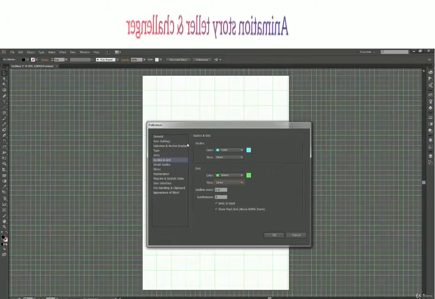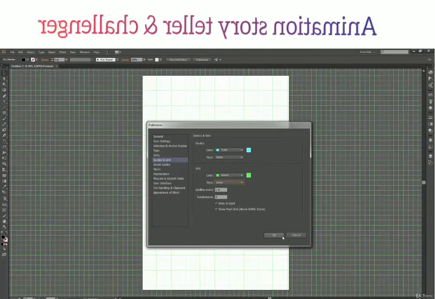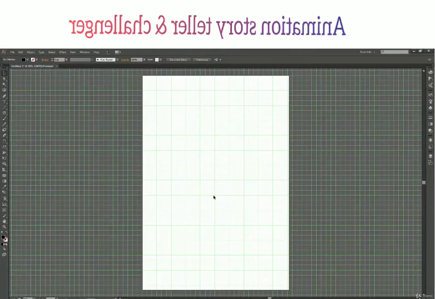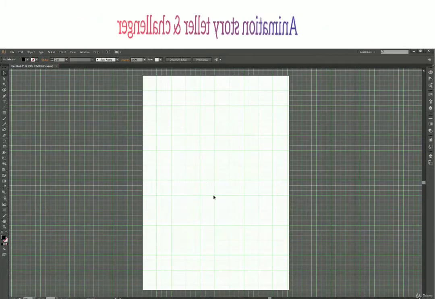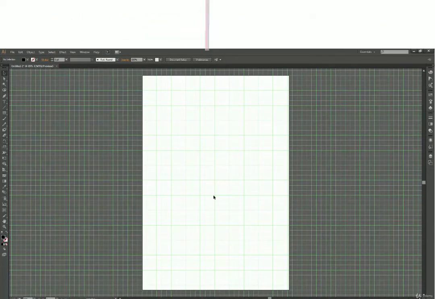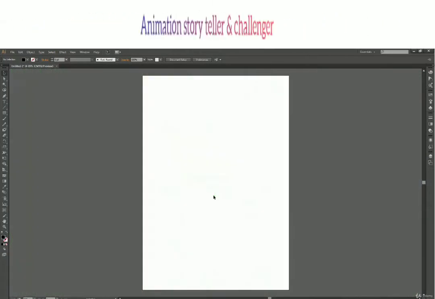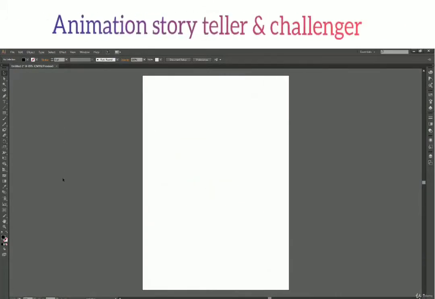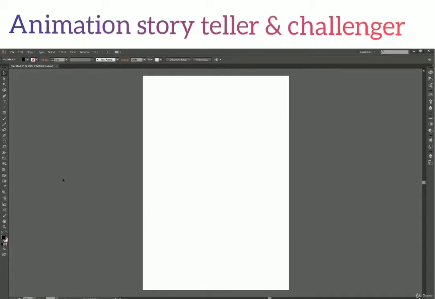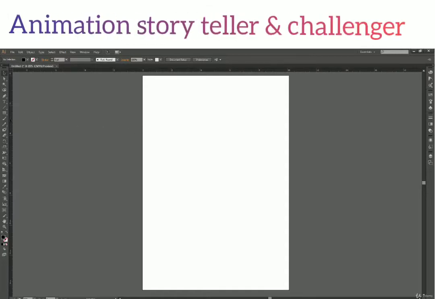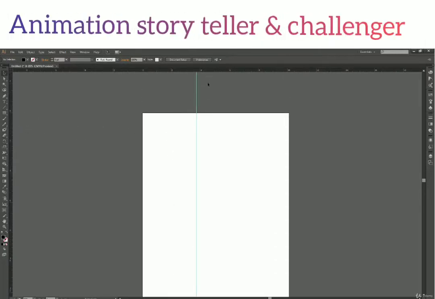So first of all, let's go back to guides, and then we'll come back to grid. To hide the grid, the shortcut key is Control and double quotes. And let's bring up some rulers. Control R brings up the ruler, and we will create some guides over here.